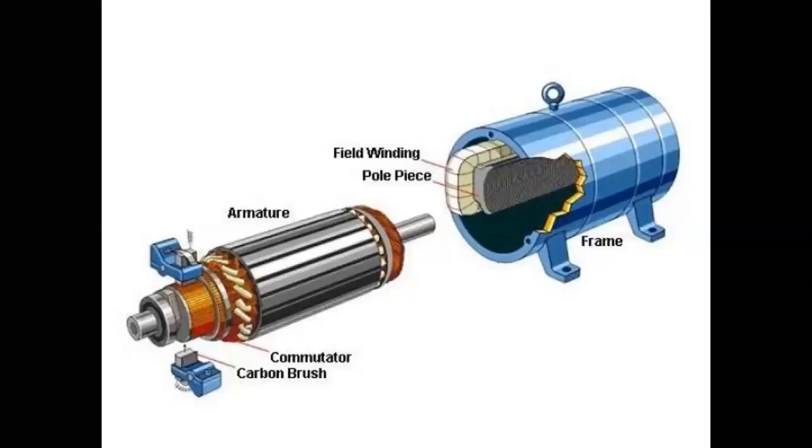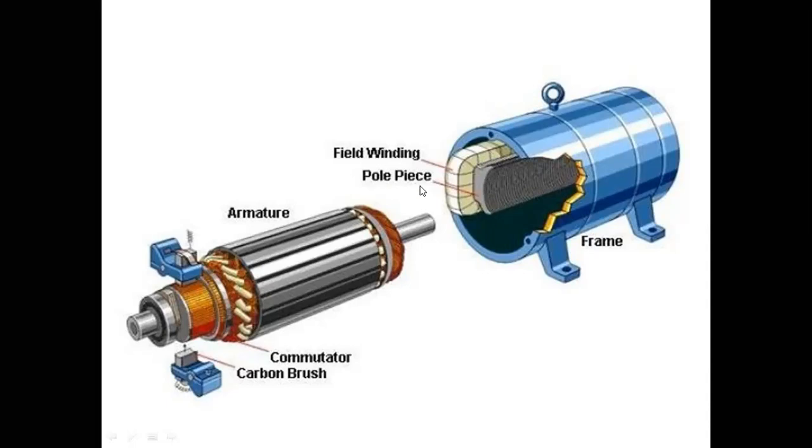If you see how it looks, this is the DC machine, and this is the outer covering. We call it the yoke, or we can call it a frame, because it gives protection to the assembly of the DC motor. In that, the cream colored part with the wire-like structure, this we call the field winding. We are using a coil-like structure there, so we call it the field winding.